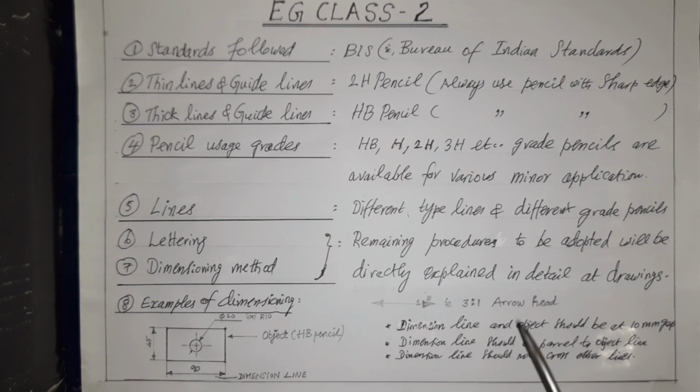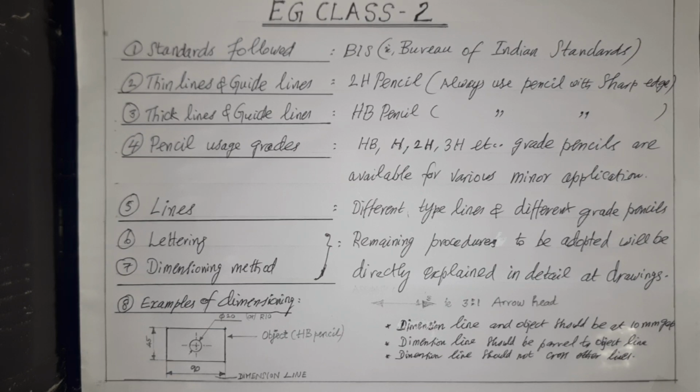But in the practical situation, usage of 2H and HB pencils are sufficient, including time saving. Also remember, take care about light and darkness needs in the drawing projection, because neatness and presentation of drawings are